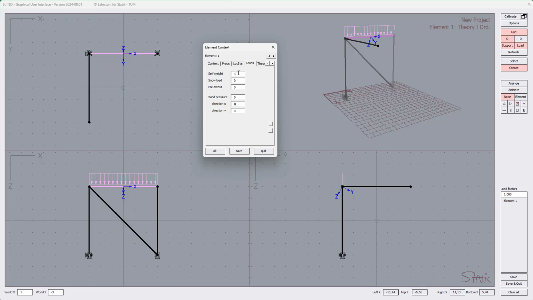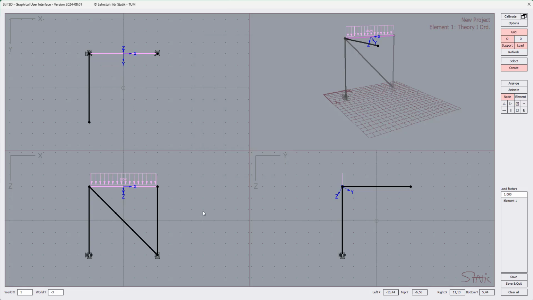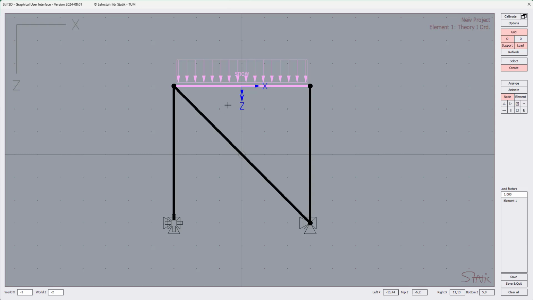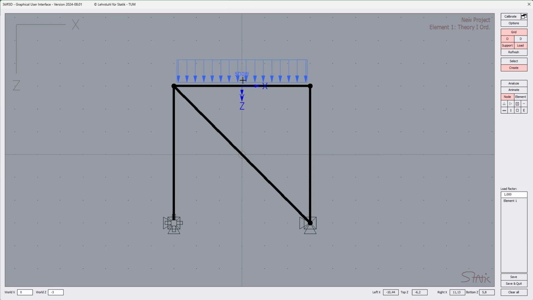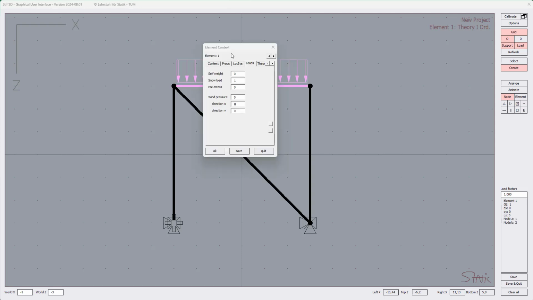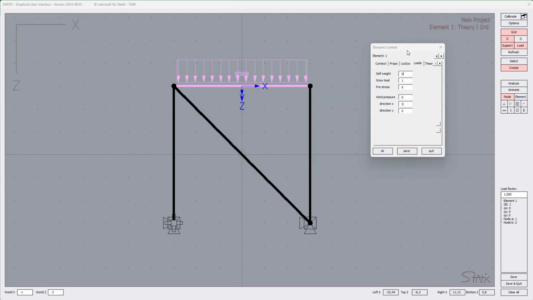Snow load, I just put off the self-weight. Snow load, of course, is just also acting in a gravity direction, and you see, if I just maximize that, that is clearly indicated that that must be snow here. So again, going to the element context menu, we can also give in